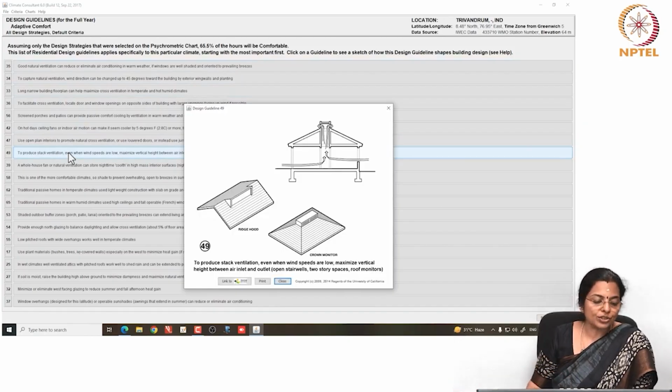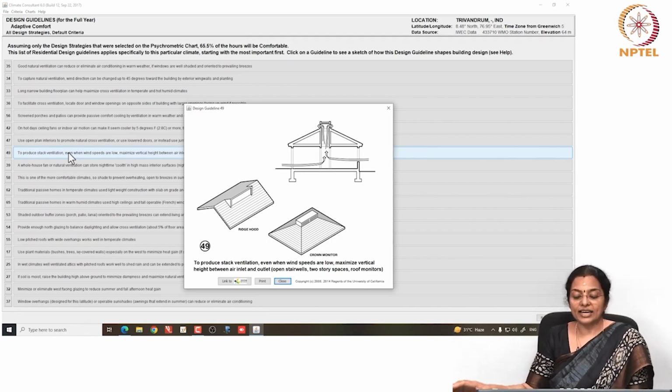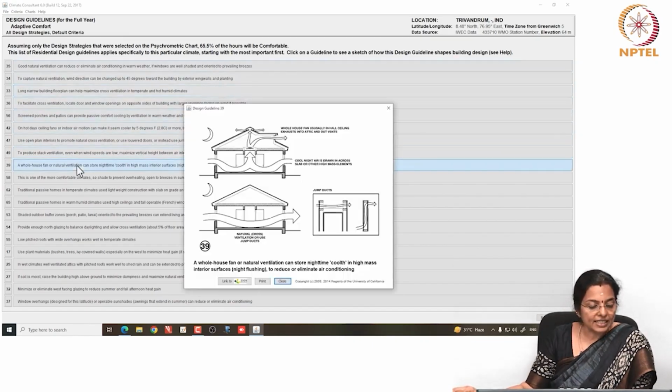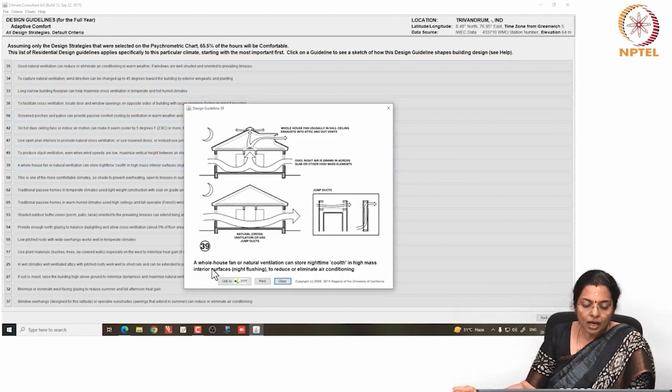You could also try stack ventilation, but it is very difficult to have an effective stack ventilation in this area because of lower diurnal variations. The next strategy is a whole house fan or natural ventilation that can store nighttime cooling in high mass interior surfaces causing night flush to reduce or eliminate